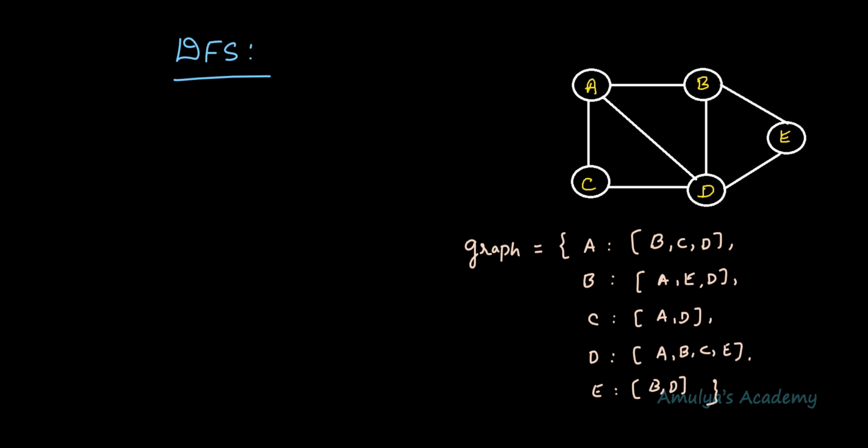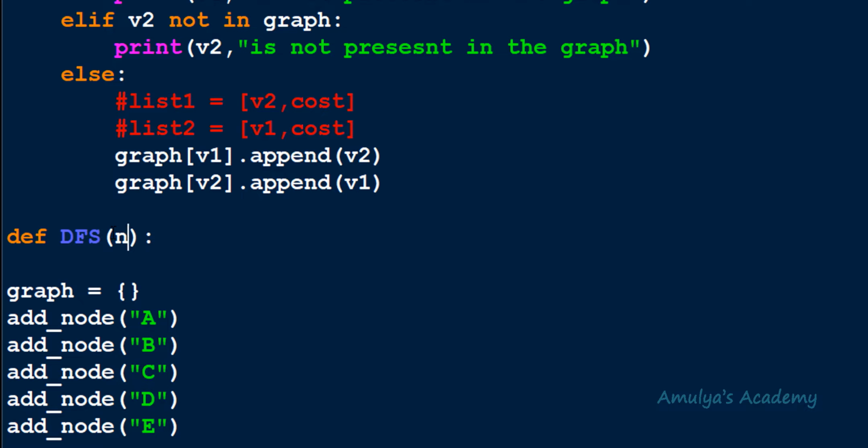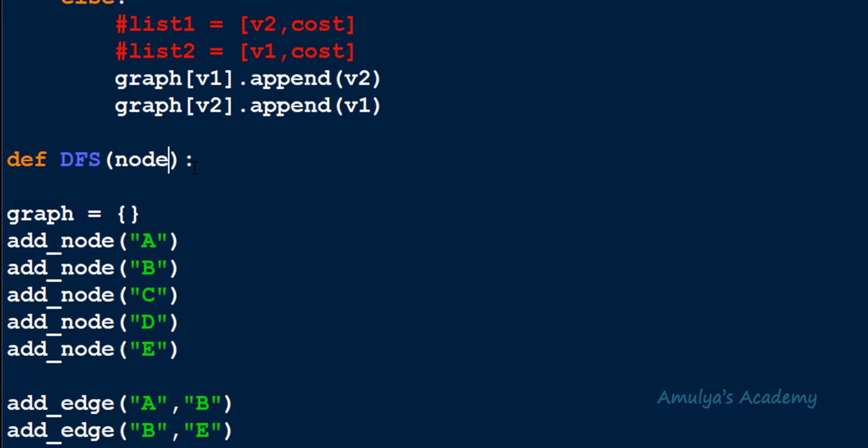Next, in the DFS algorithm, we need to start the traversal operation from the starting node. And you can choose any node of the graph as the starting node, right? So that's why here I'll ask the user to choose the starting node. When we call DFS function, we'll mention the starting node of that graph. For example, if A is the starting node, when I call DFS function, I'll mention the starting node also. So one of the parameters of this function is starting node. Okay, node. You can take any variable name here. This will represent the starting node of the graph from where we need to start the traversal operation.